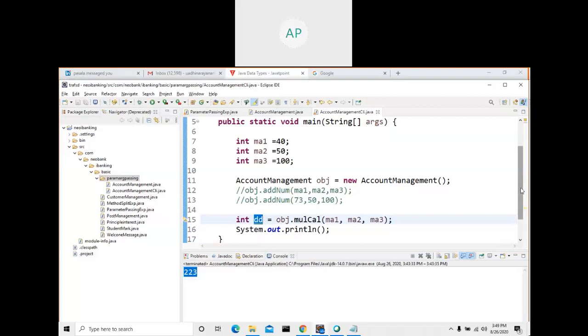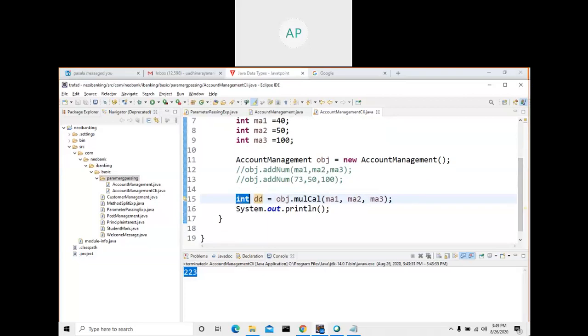Then we are capturing the value. How will you capture? By using equal to sign and declaring the variable. What kind of variable? Don't type String. If you type String, you will get an error. See here, this method returns integer, but you are making it a string. Wrong. Return type, what kind of value you are going to return, and the type should be the same. And you print it.